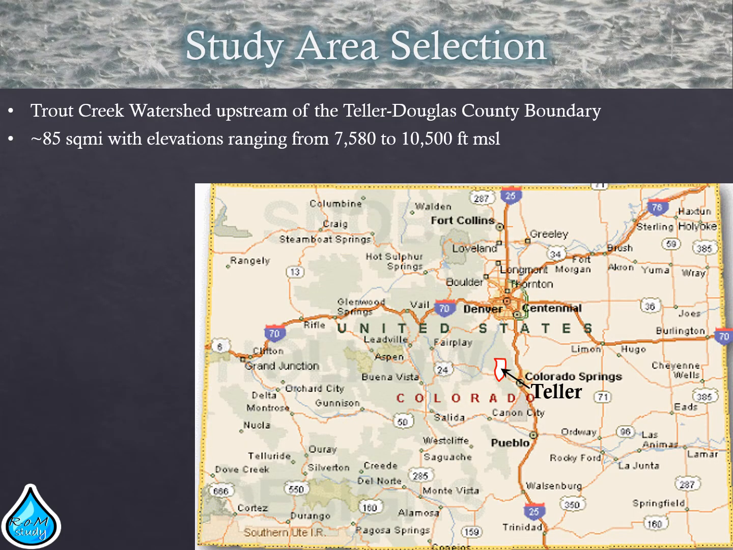With that high-level overview of the process, let's look at the specifics of where and how. So we selected a study area in the Trout Creek watershed that's upstream of the Teller-Douglas County boundary. So if you see here, it's pointing to Teller County, something like this, and then that white area is the watershed that we studied. So it's just northwest of Colorado Springs and south of Denver. And we chose this area. It's got about 85 square miles total, but it has a fair amount of elevation as well, from 7,500 up to